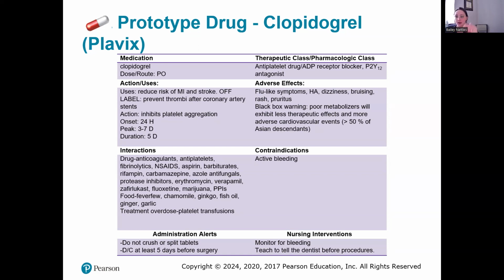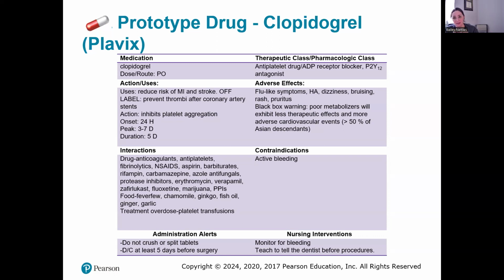Okay. So you can have flu-like symptoms, headache, dizziness, bruising, rash, pruritus. Okay, the black box warning is poor metabolizers will exhibit less therapeutic effects. We know that, right? If your metabolism is altered, it's not going to work that well. You can have an increased risk of cardiovascular event, obviously. If it's not metabolizing well, if it's not being used properly, it's not going to work. Asian descendants usually have some kind of genetic